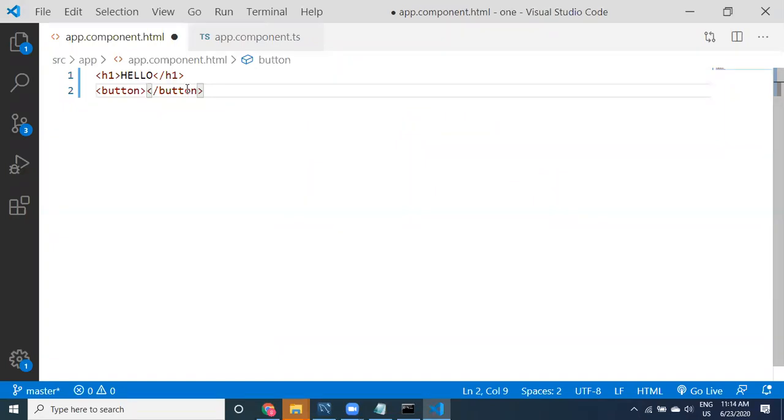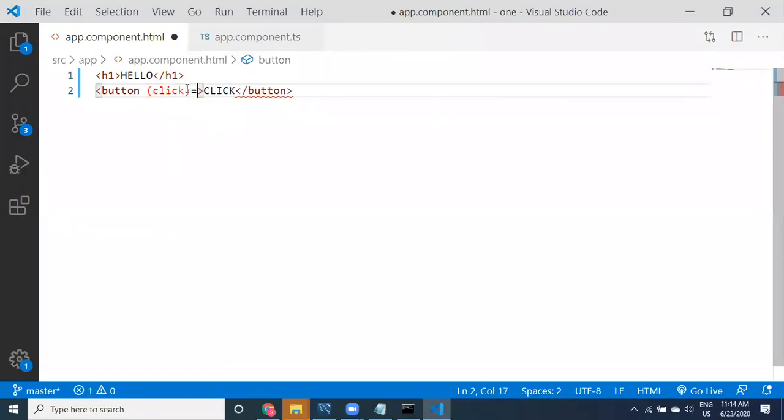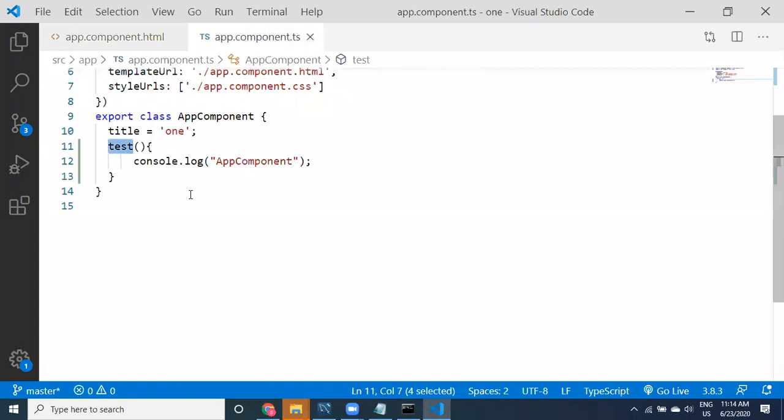I'm going to take now click. Okay, now I'm going to call the method. What is that method? Test method, right? Yes, right. Now here, whenever you click on this, then the test method is going to get called.